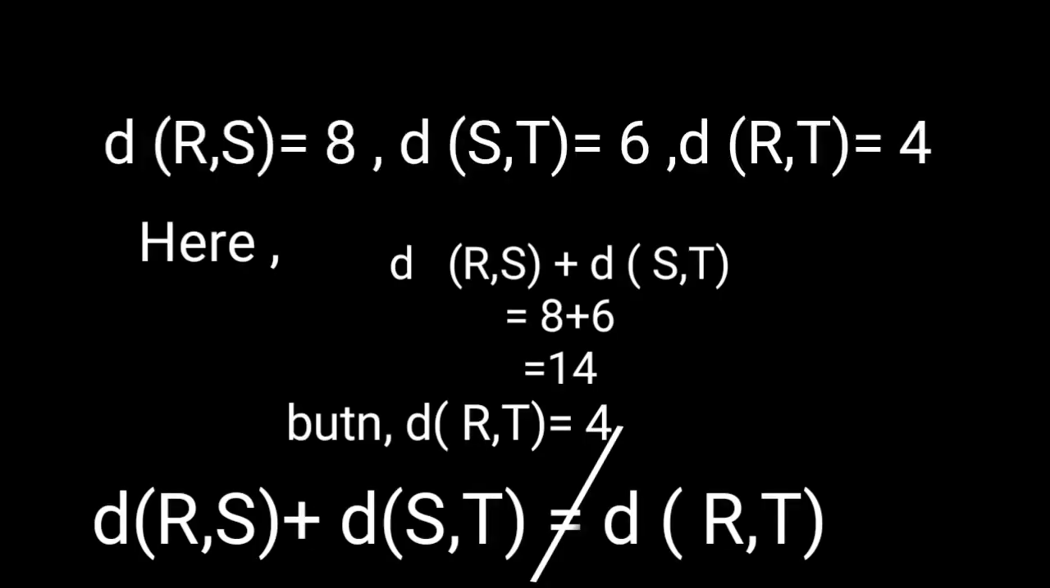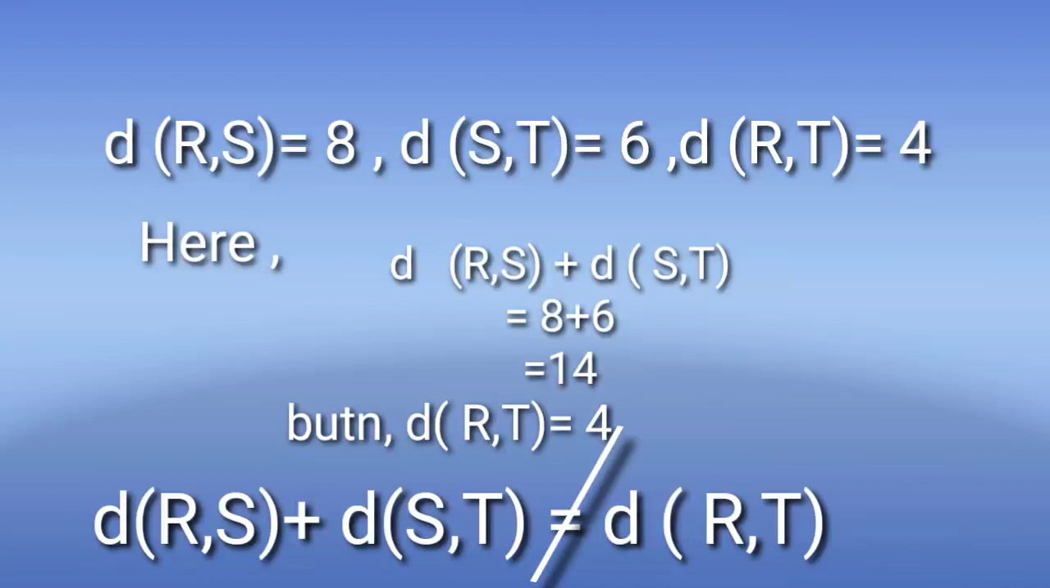Okay. The second example which is given here: distance RS is equal to 8, distance ST is equal to 6 and distance RT is equal to 4. If we write distance RS plus distance ST, it is equal to 8 plus 6 is equal to 14. But distance RT is equal to 4, that's why we can't tell this point S is in between point R